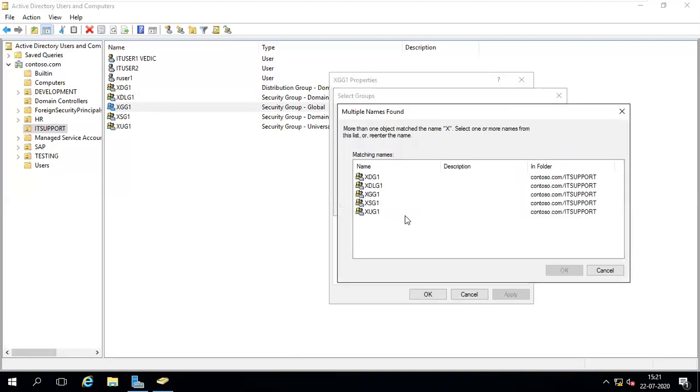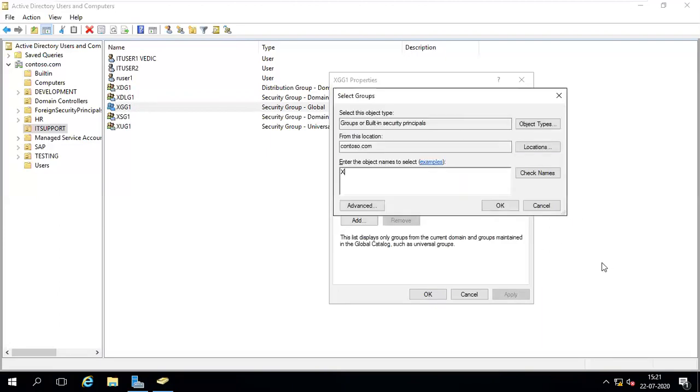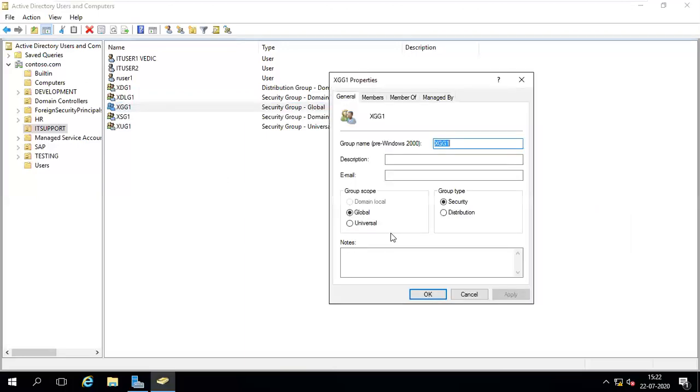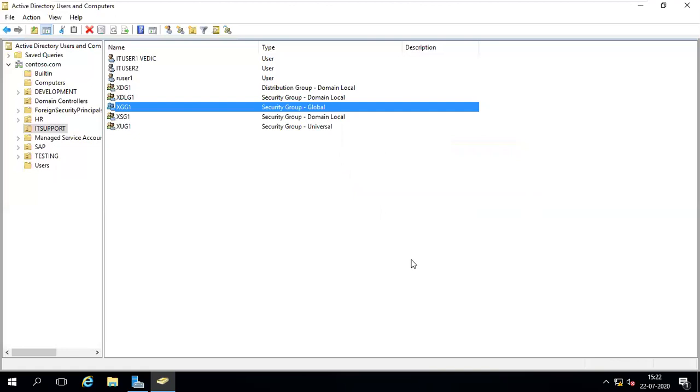It can be added to domain local group, universal group, and another global group. But members means it will accept only global groups. You want to add to my group? Yes. Then are you a global group? I will accept it. Otherwise, I don't accept. That's the thing. But global group can be added to anyone.